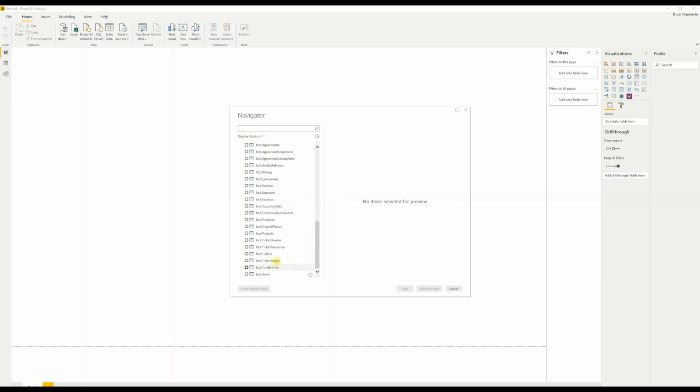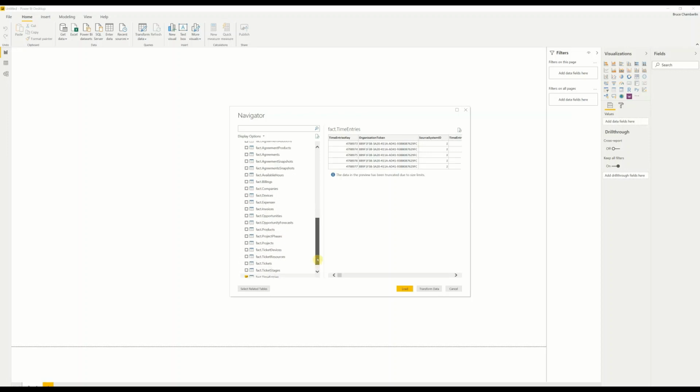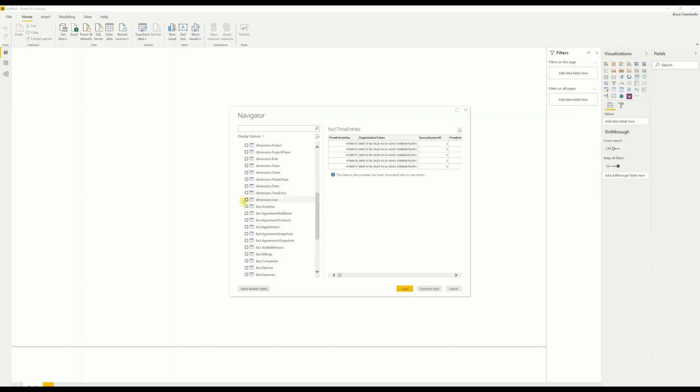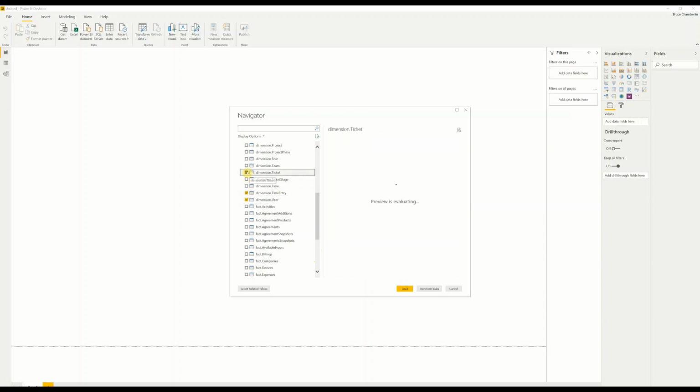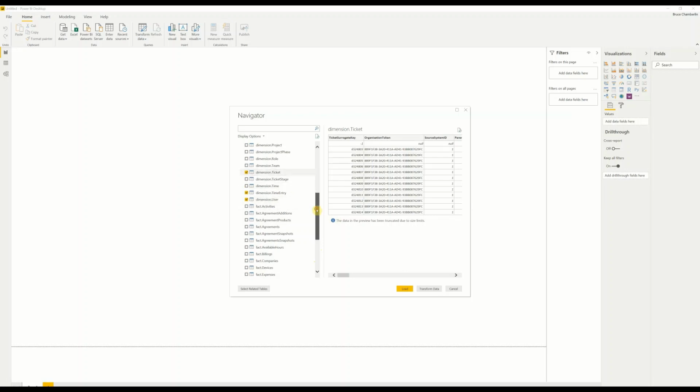Facts are like numbers that you can add up, and for this demonstration we're going to be looking at time entry data. So I want to look at the facts around time entries, and then associated with those facts I may want to look at various dimensions. I'm going to want to look at the user or the technician that did the work. I'm going to want to know about the time entry. I'd probably want to know some information on the ticket that the work was done on, and then we can look at things like